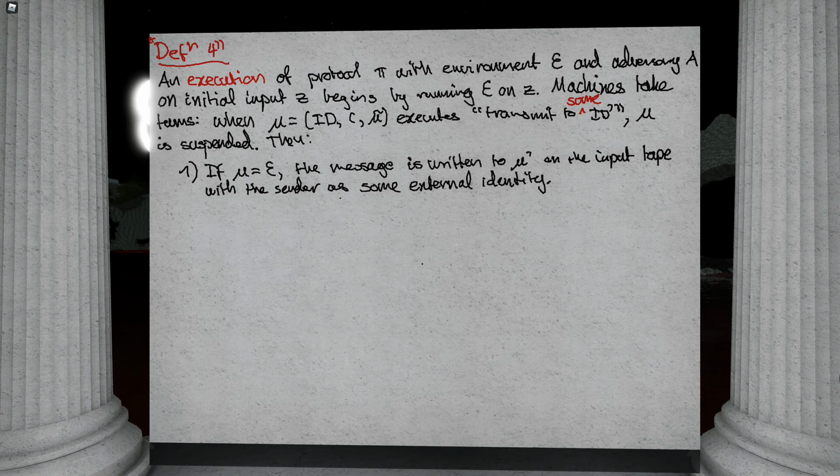Conceptually, you could think of this as saying, well, a C program running on, say, Linux could receive a message written to a socket. Maybe it has multiple sockets. Each of those sockets is an external identity. And when the operating system writes to the socket, it says, this was sent to this socket, even though it's the operating system doing the writing. It's the same idea here. So after we get this input tape, mu prime, the receiver, is going to run, again, until it hits a transmit instruction. So that's if the environment is sending a message.